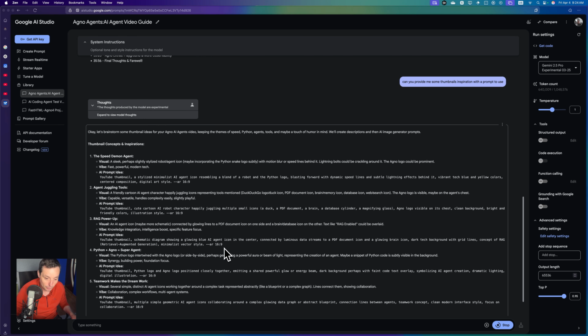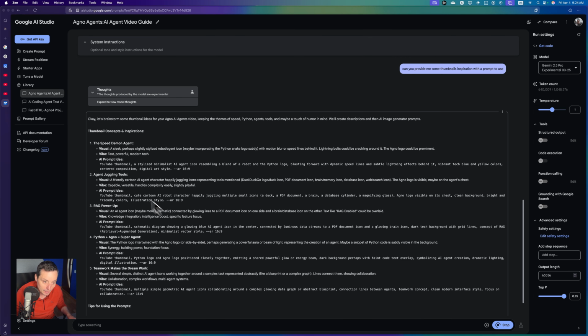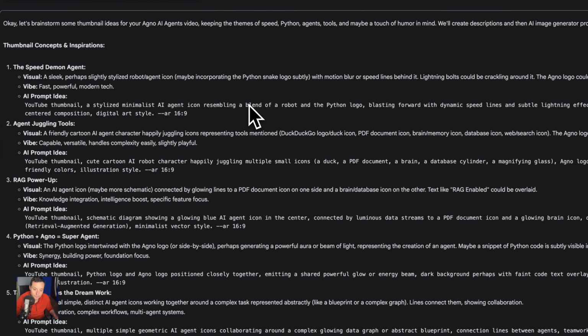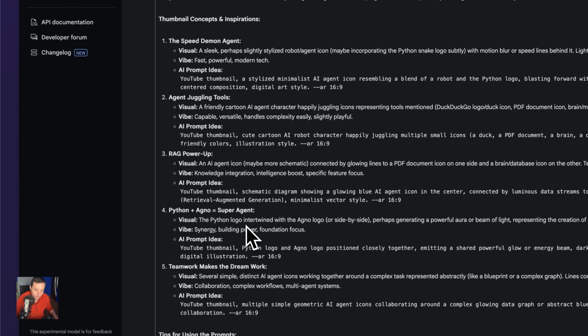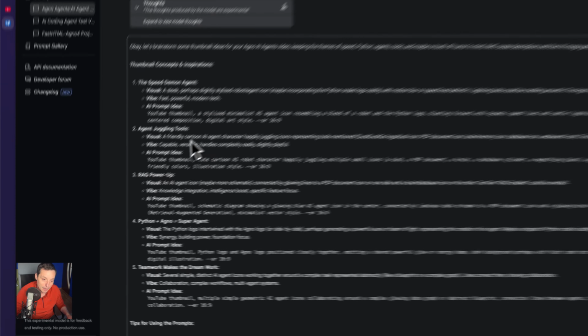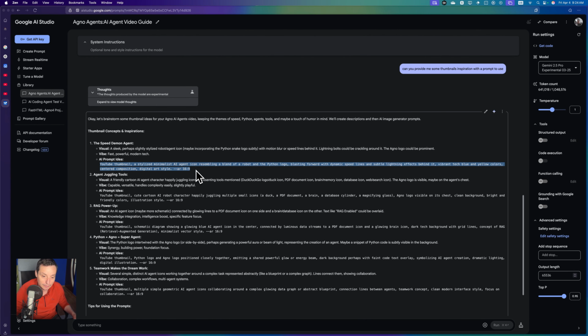Okay, in here you have some ideas. Let's see. A sleek robot agent icon. Okay, it doesn't have a text in here. Super agent, Python logo. I will use this, and let's see, because I'm curious to understand if